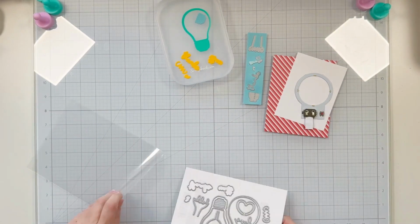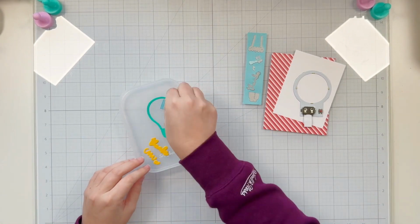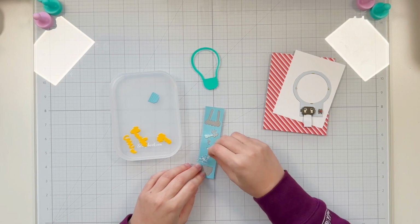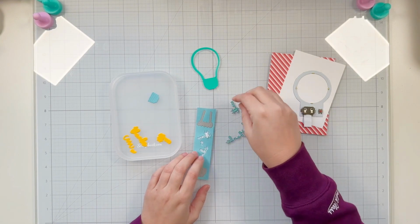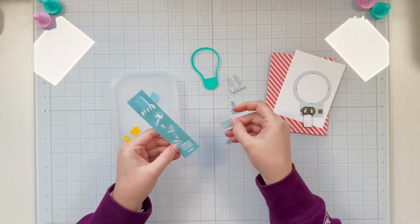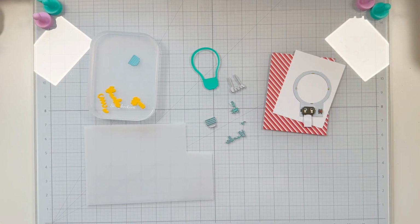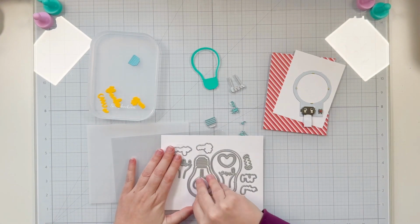I have die cut the Thanks a Watt sentiment shadow out of some white cardstock, as well as the bulb lighting up the coil inside the bulb. I die cut the base of my bulb in a blue cardstock, and I die cut my sentiment and the wires for inside the bulb out of the blue cardstock as well. But I did add behind it some rip and stick adhesive sheet, so my sentiment and the wiring for my bulb as well as the details for the connector have an adhesive behind the blue cardstock,